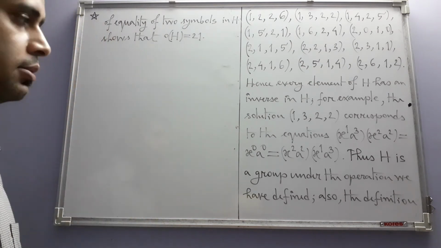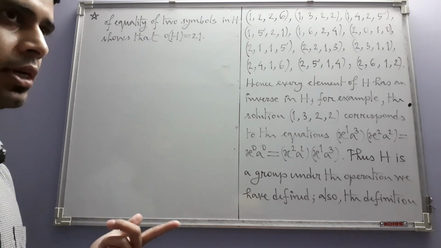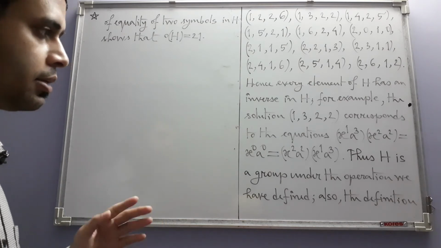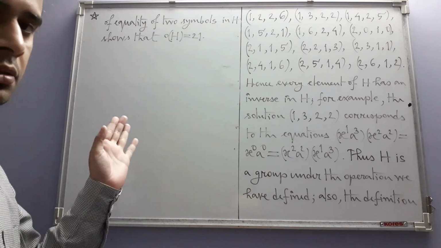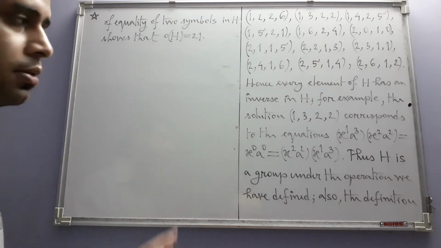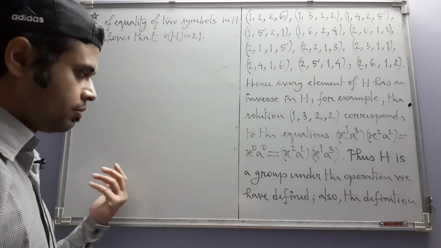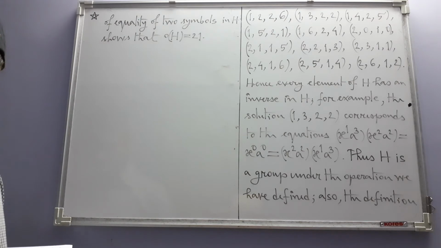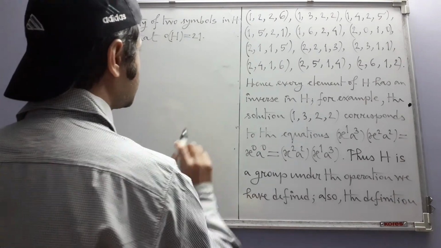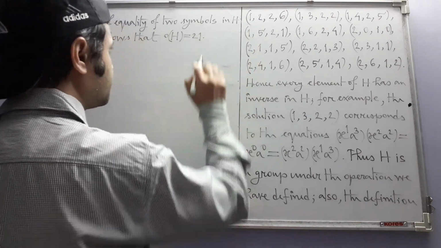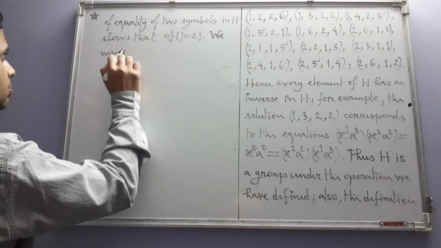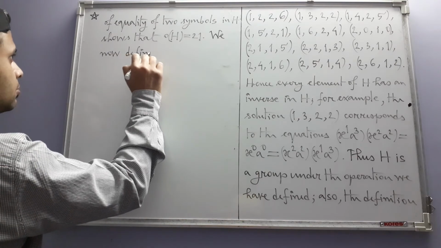There are now two more things for us to do. One is that we now have to show that H is a non-abelian group, and the second thing is that we have to make sense of those relations. First of all, what do they mean in this group? So let us first make sense of those relations. We now define